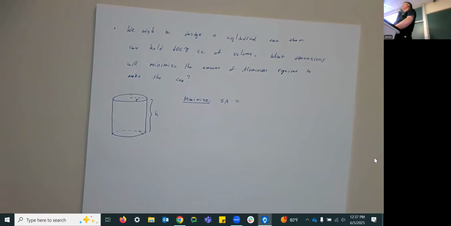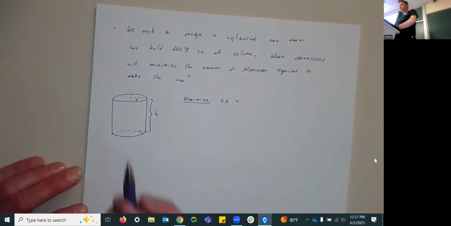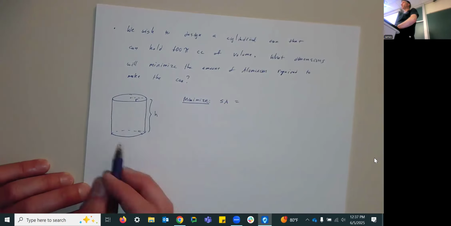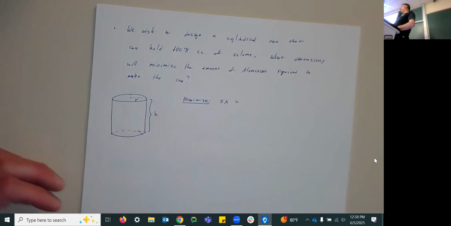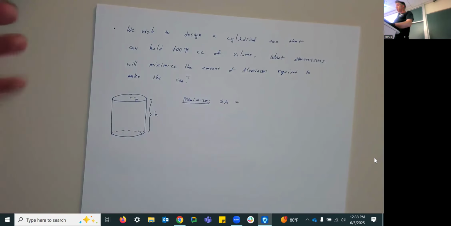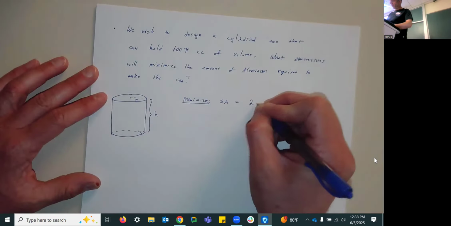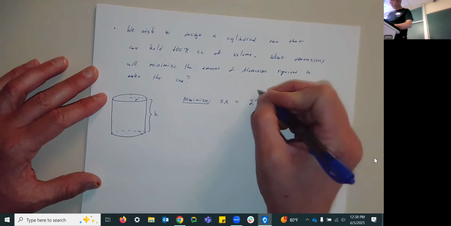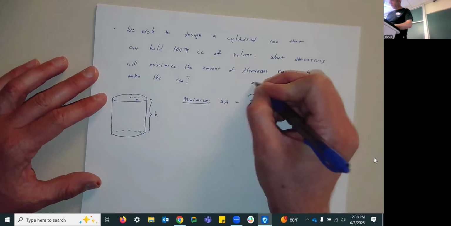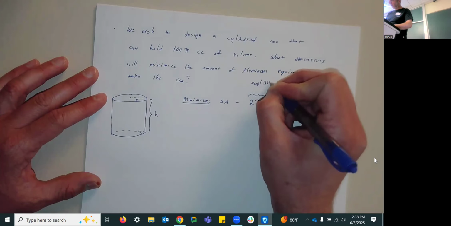Surface area of this cylinder. So here's what I think about for a cylinder. You've got two circles, the bottom circle and the top circle, and those each have an area of a circle, which is pi r squared. So my two circles give me a 2 pi r squared. That's going to be the top and bottom circle,